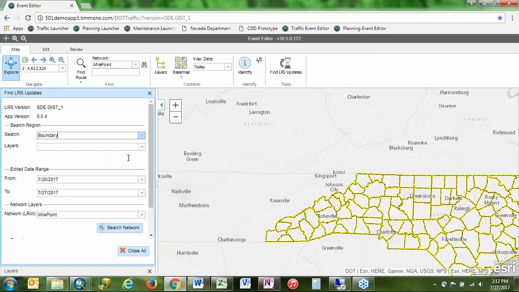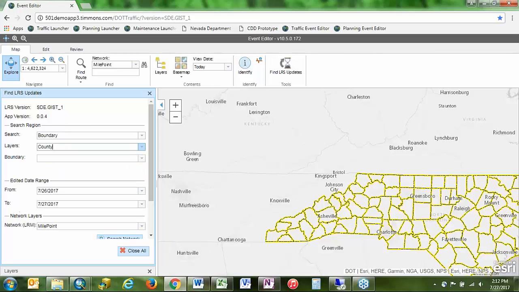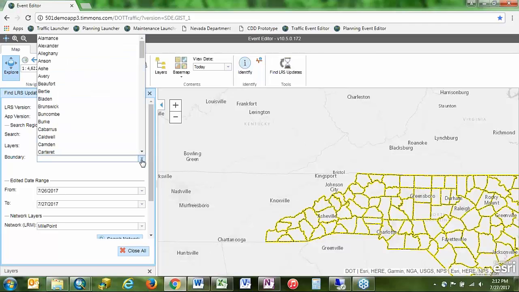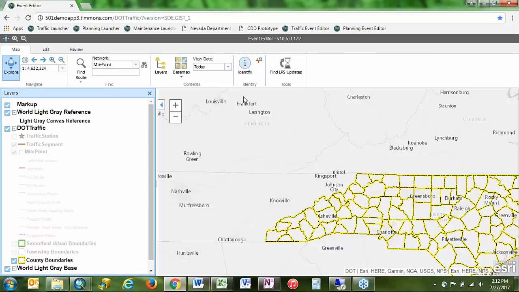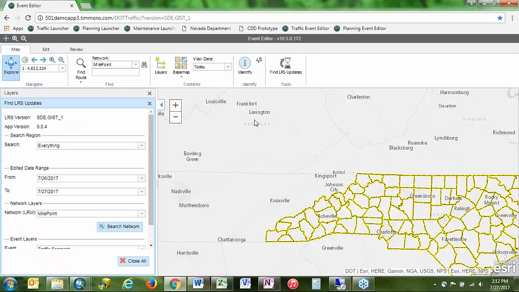The boundary function, which I think is probably the coolest one, lets you choose from the boundary layers that are found in your MXD map service that's driving this event editor. And then you can choose individual features from that map service. In this case, it's a county boundary service, and I'm able to choose different county boundaries. I don't want to mess with that today because I've made edits all over the place, so I don't want to restrict myself just to one county. Part of the reason I'm doing this closing and opening repeatedly is just to show you how easy it is to drop that window in there.